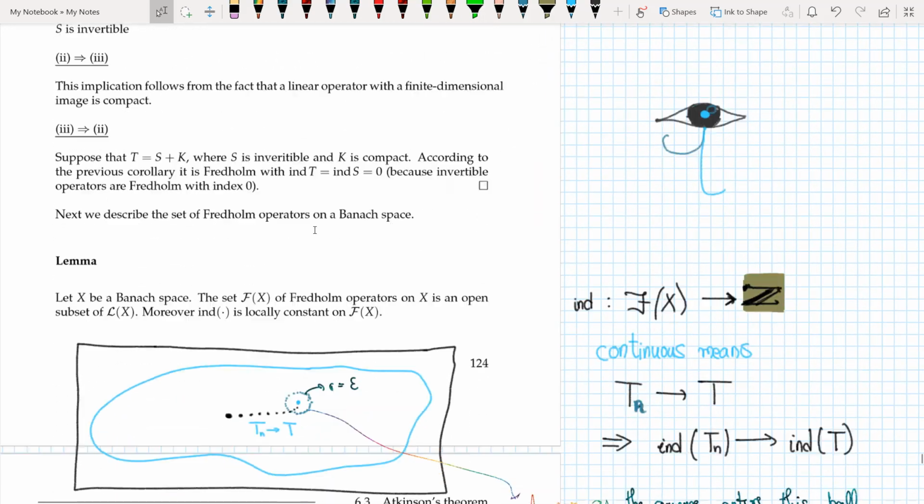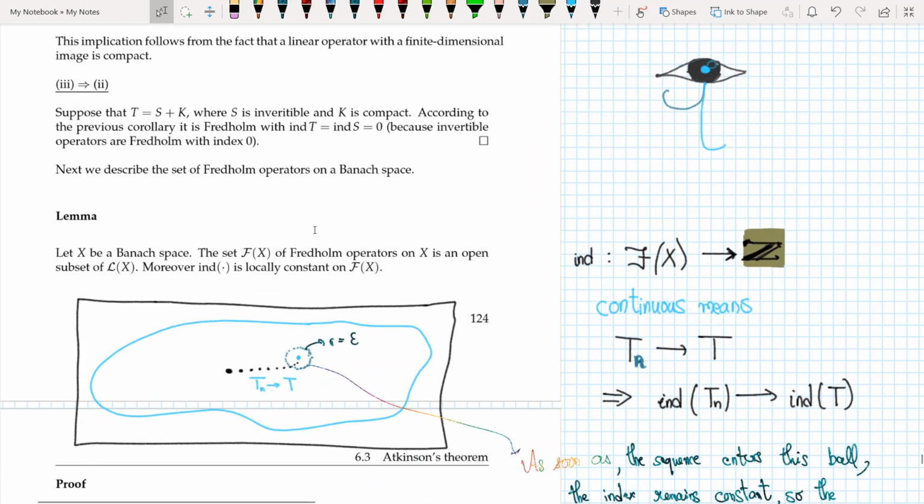The next thing in this section that I would like to discuss is, so now let X be a Banach space and the set F(X) of Fredholm operators on X is an open subset of L(X). So it has written that it's an open subset of L(X). Now moreover, the index is locally constant on F(X). Now this is the set of Fredholm operators, and he's saying that the index is locally constant on this. What this means is,